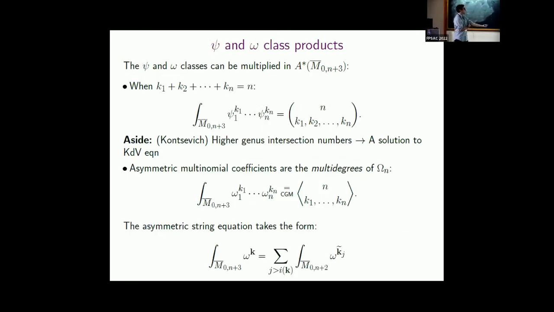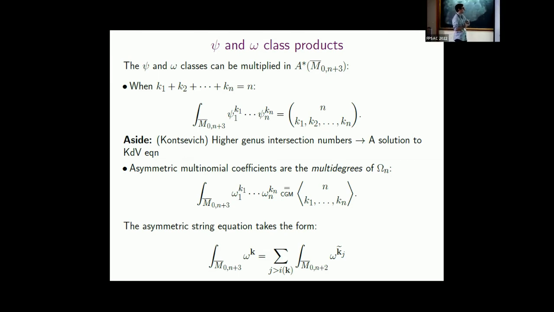And essentially what happens is that you can compute these asymmetric multinomial coefficients in terms of these omega classes. So originally, it was already known that if you multiply psi classes, you get a multinomial coefficient times a point, the class of a point. And just as a side to connect it to an earlier talk by Benjamin Solomon,